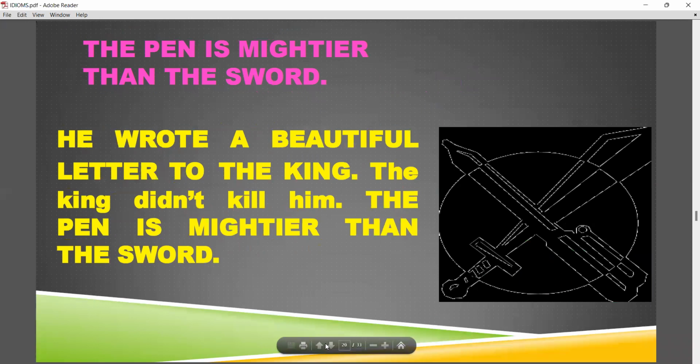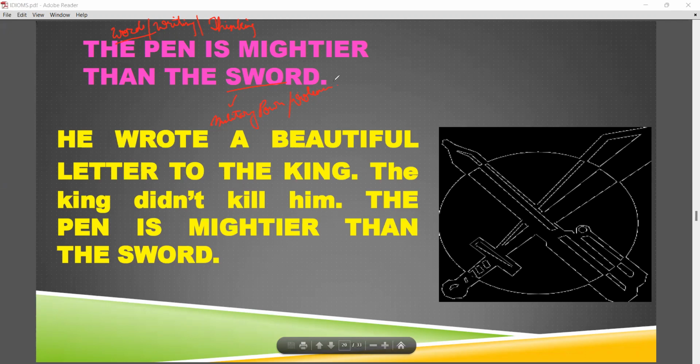The pen is mightier than the sword. Very easy. It's not that the pen is just better than the sword. The pen actually stands for words, or writing, and sometimes it is also used in the sense of thinking. So your thoughts, your writing, your words are more effective than the sword. By sword you can say military power, military force, or violence. So words, writing, and thinking are more effective than military power, violence, or force.